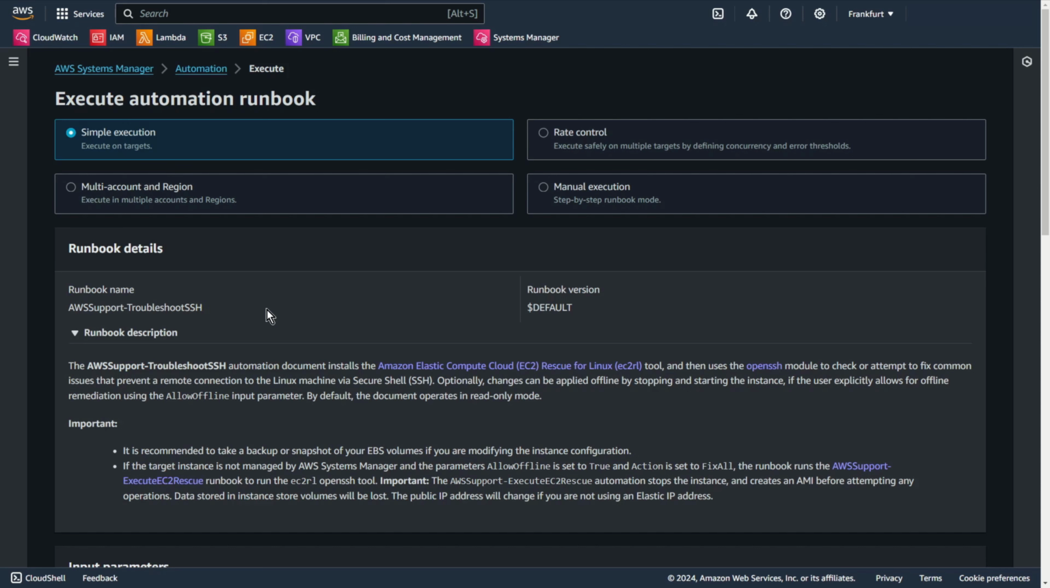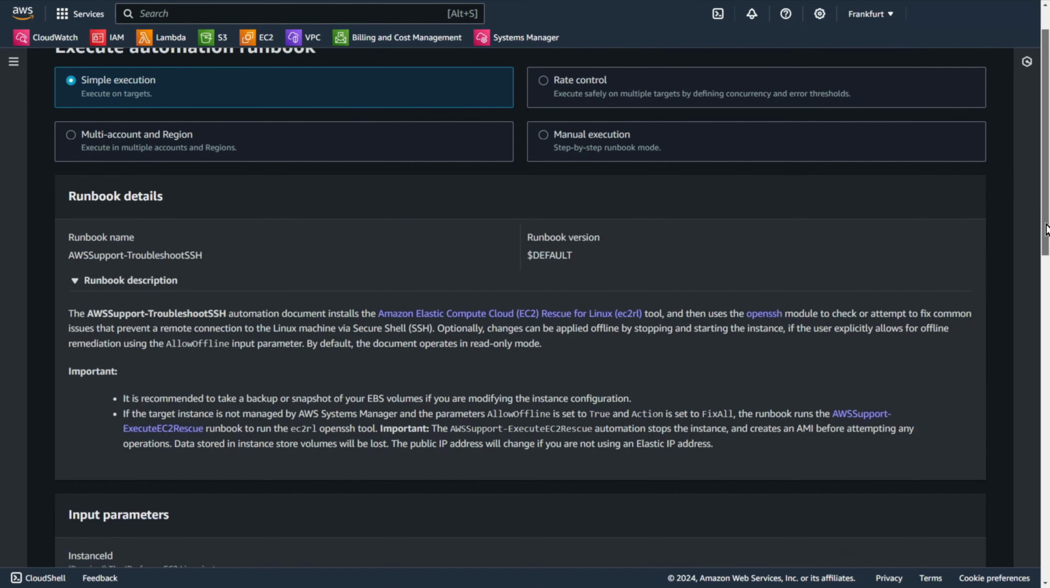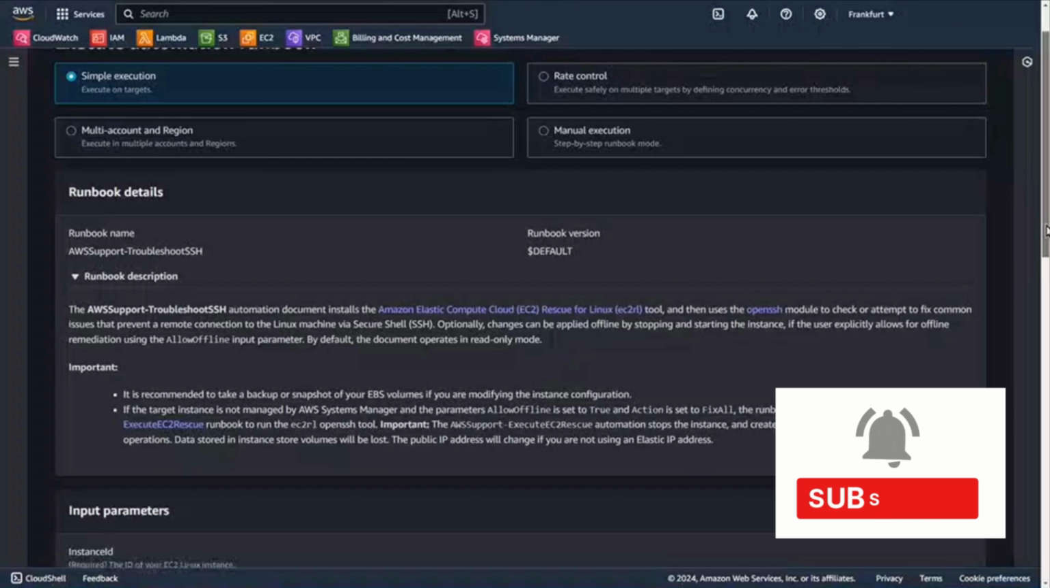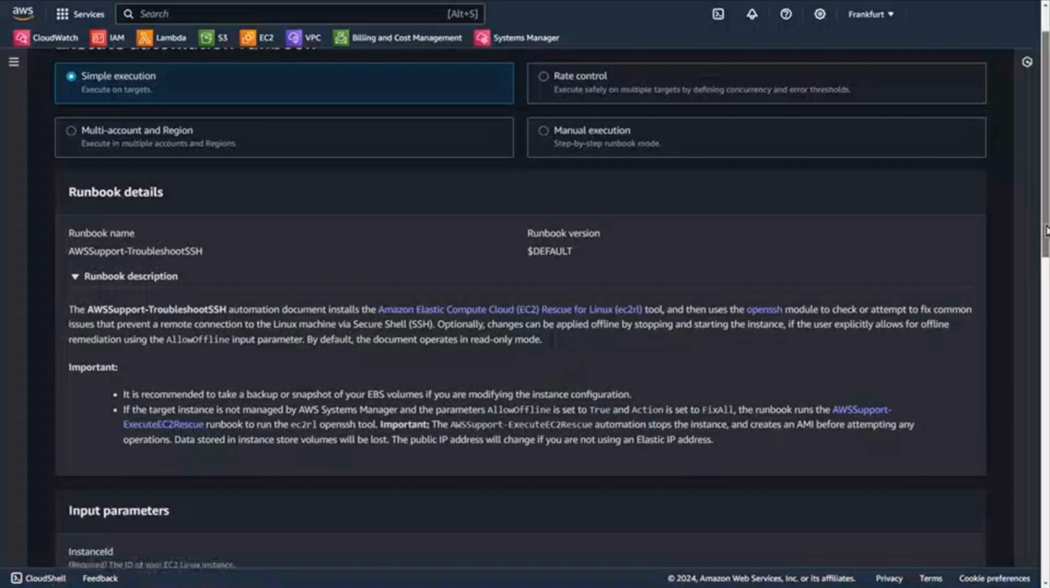So, the AWS Support-TroubleshootSSH automation document installs the EC2 rescue tool for Linux, EC2RL, and then uses the openssh module to check or attempt to fix common issues that prevent a remote connection to the Linux machine via secure shell SSH. And it's recommended to take a backup or snapshot of your EBS volume if you are modifying the instance